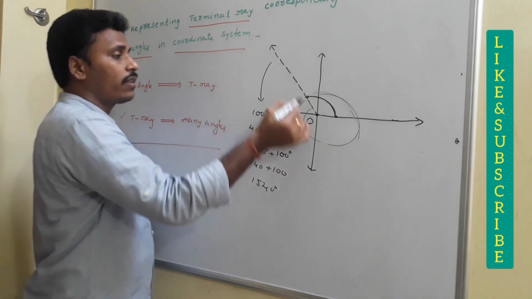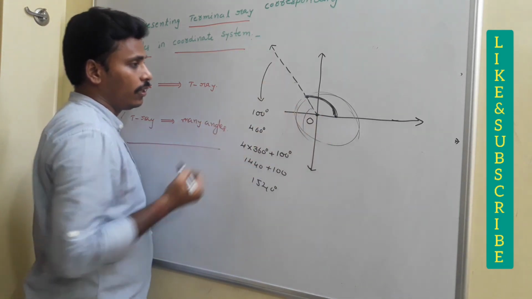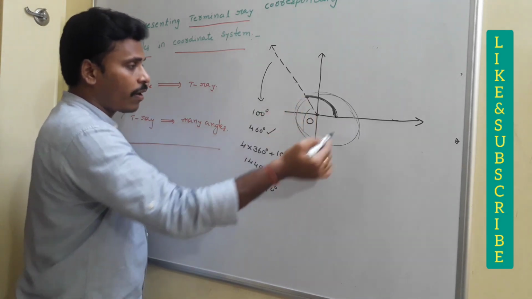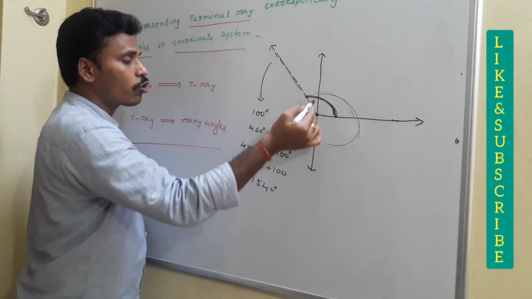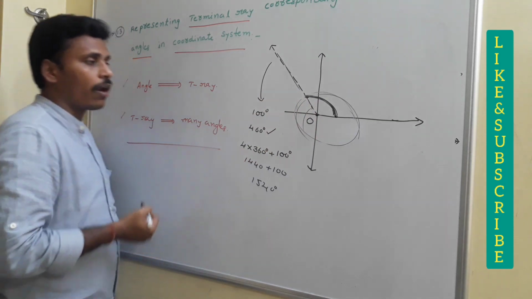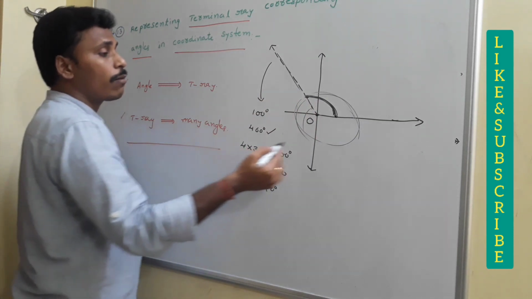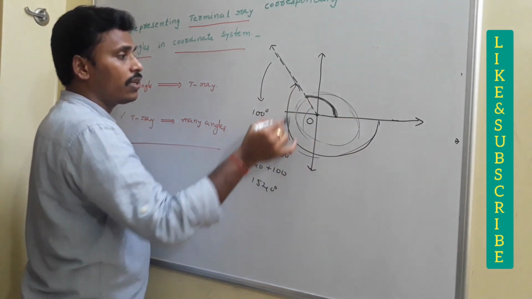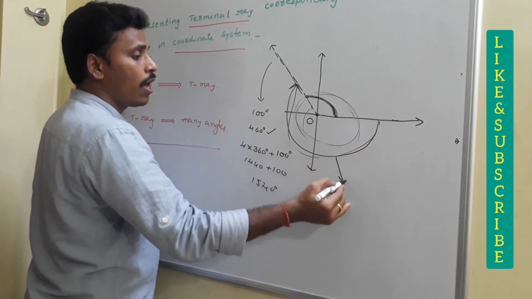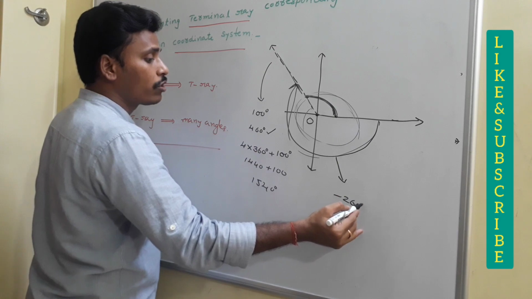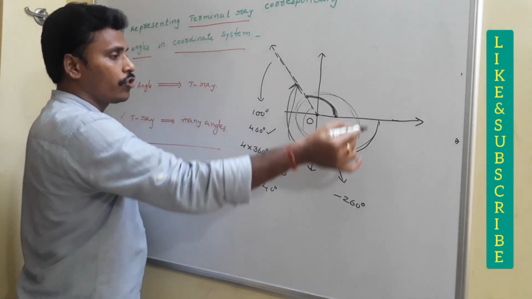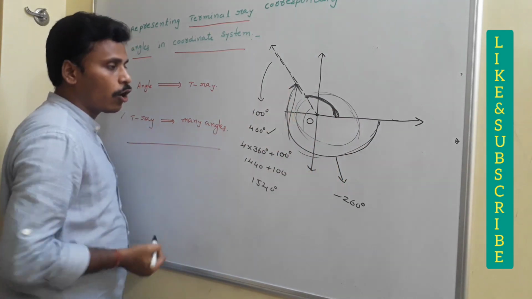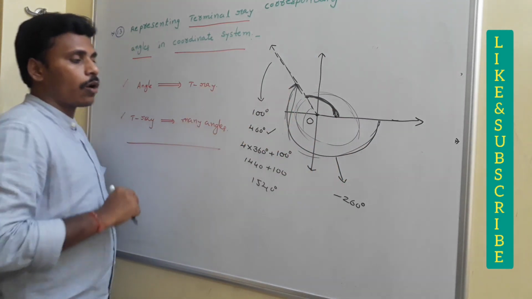One person looks at it with a rotation of 100 degrees. Another person looks at it with a rotation of 360 plus 100. Another person looks at it with 4 complete rotations along with 100 more degrees. And you may face some more people who run in this manner. If a person runs like this, then this corresponds to an angle of minus 260 degrees, right? The total angle is 360, but this is 100, so you need to subtract it. So it represents an angle of 260 if you run in the clockwise direction.